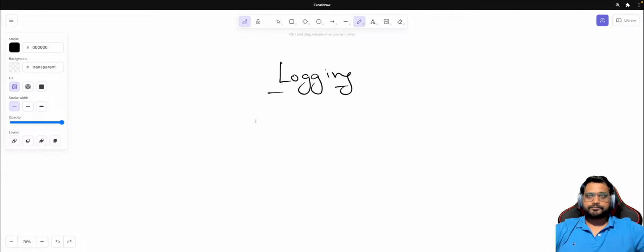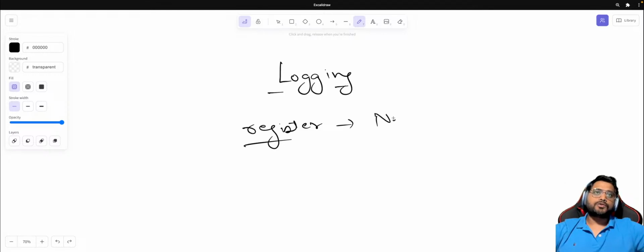Now, what does logging do? For example, suppose something is working for me, right? I have created register API with all the edge cases, with all the security, with all the performance, right? And I gave it for testing and everything passed it. It has gone through to the user. But the user network is too slow. None of us have been using 2G, but the user is on 2G, okay? And it is taking a very, very long time for him to get the APIs. And somewhere in between, this code is breaking,